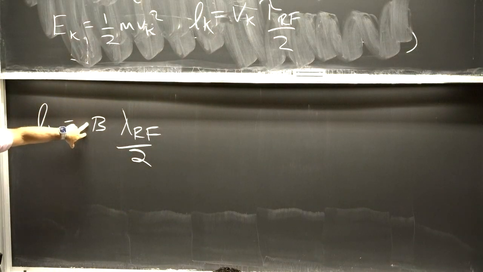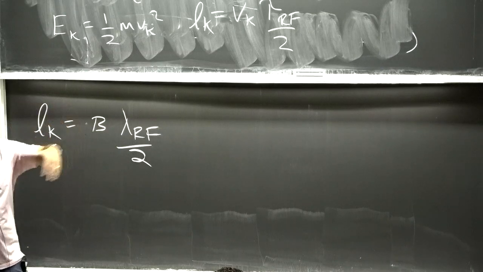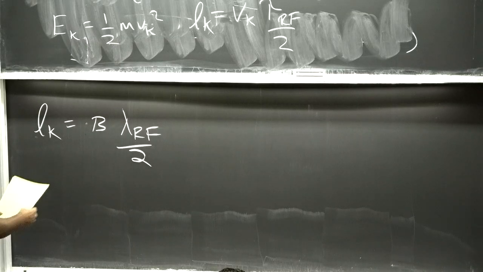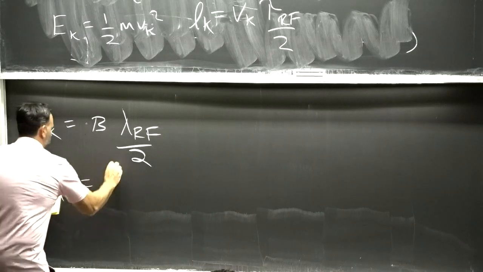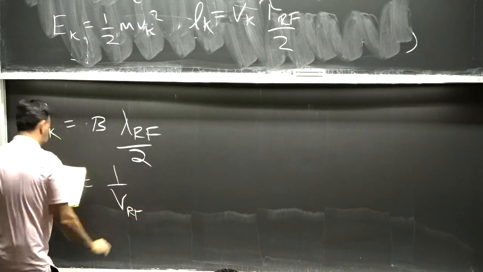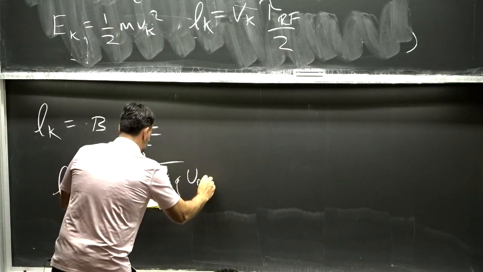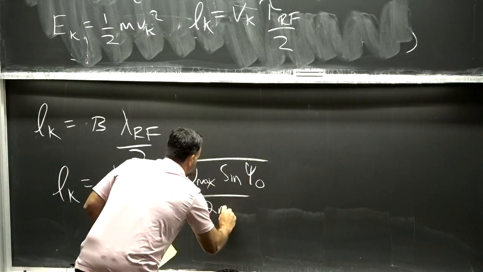Okay? So if I have beta approximately 1, the nice thing is once I get to a relativistic particle, then my drift lengths don't have to change. The energy of my particle will keep increasing, but relativity saves me and I don't have to keep making this infinitely long. So what I get here for a non-relativistic version of this is that my drift tube length will look like 1 over the RF frequency and the square root of k q U max sine of my phase over 2m.